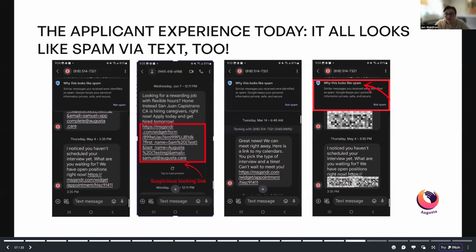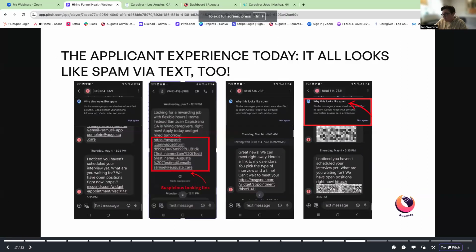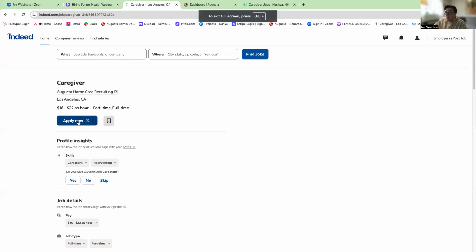If I saw some of these links come to me in a text from a job that I didn't remember applying for, I'm not going to reply to that. I'm not going to click on that link. If anything, I'll write back stop and say, don't message me. So we realized at Augusta we're not going to keep mass emailing people. We're not going to mass text them, at least just to random people, right? Because they really don't remember who you are. So we needed a different way to make sure that they actually understand our job. So what Augusta does is we actually,